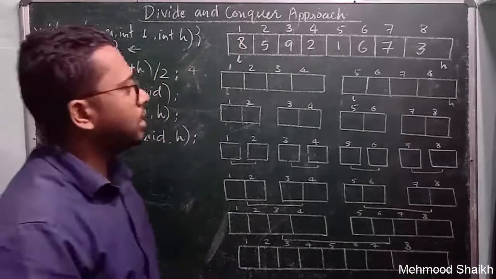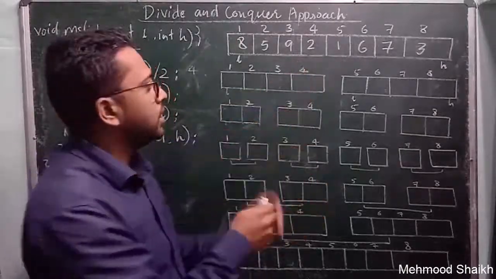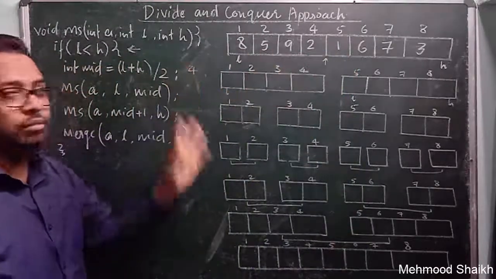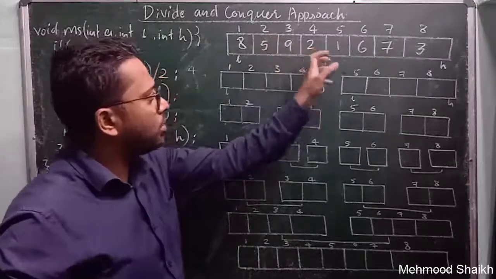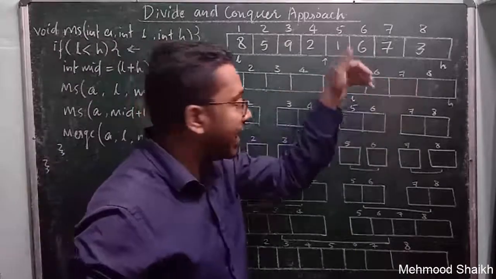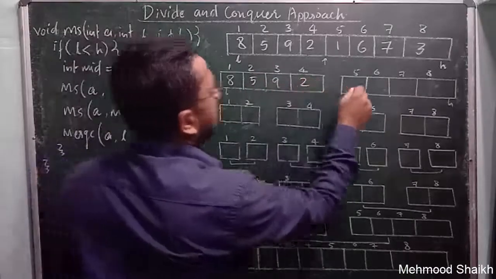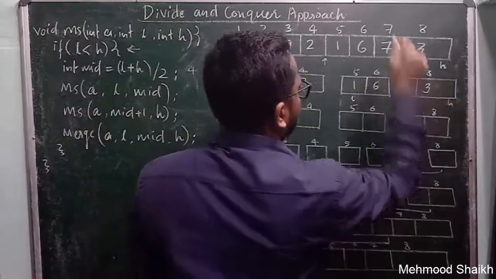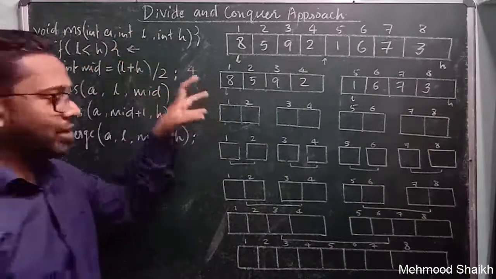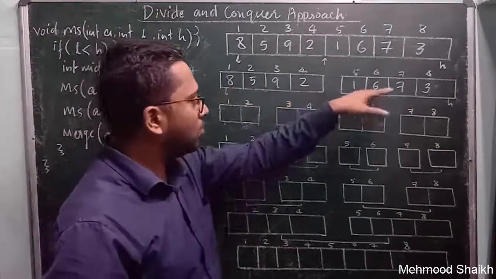So now, according to the divide and conquer strategy, I am dividing the entire problem into two halves by considering this mid 4 as the mid location. When I divide this entire problem, we will get two subproblems, subproblem 1 of size n by 2 and subproblem 2 of size n by 2. So I will put the values. Now I have to apply the same merge sort algorithm, which works on the divide and conquer strategy, again on subproblem 1 of size n by 2 and subproblem 2 of size n by 2.